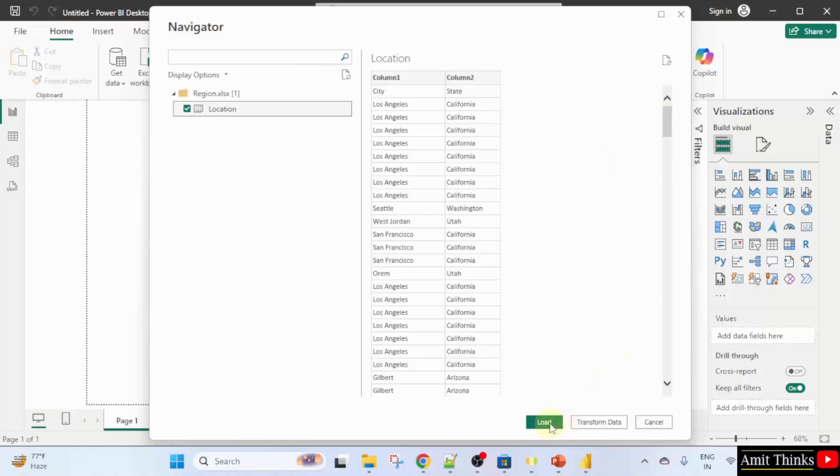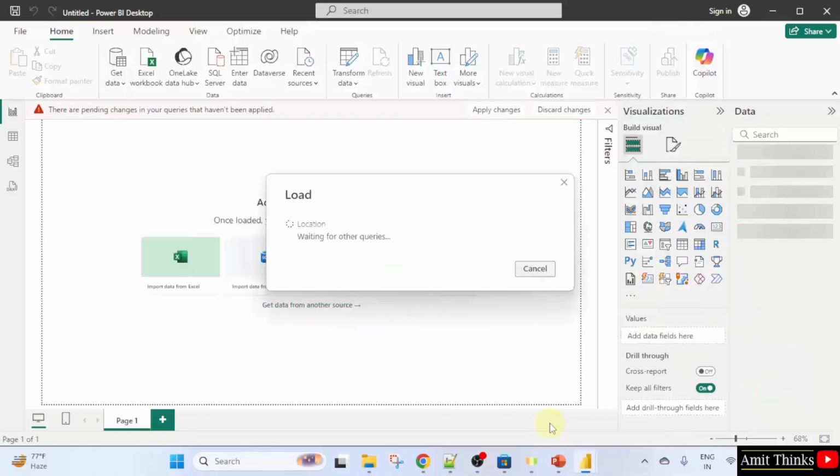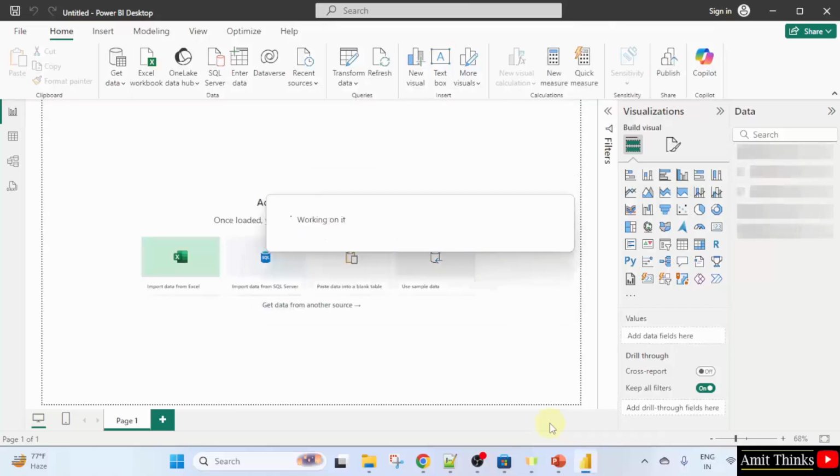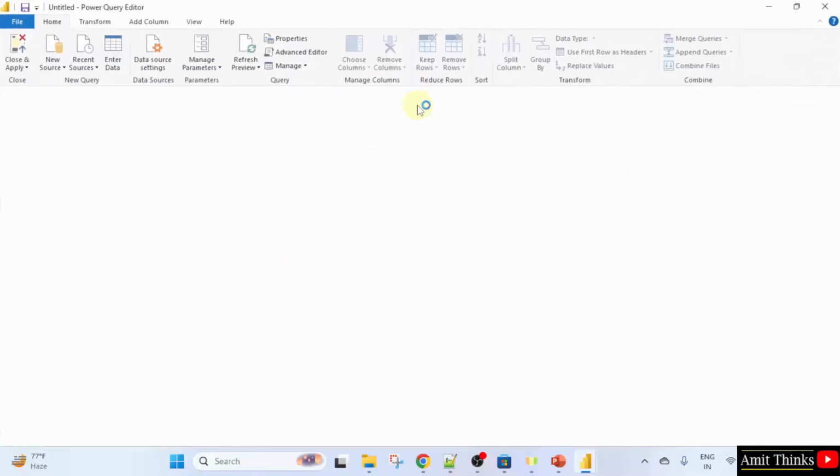Click load. Okay, you can see first it is not taking the columns. So what I'll do, I'll click on transform data. Now I'll click transform data here,